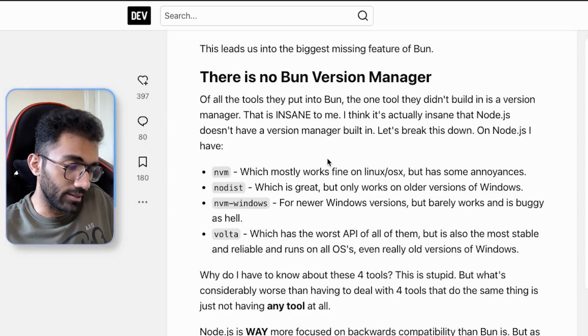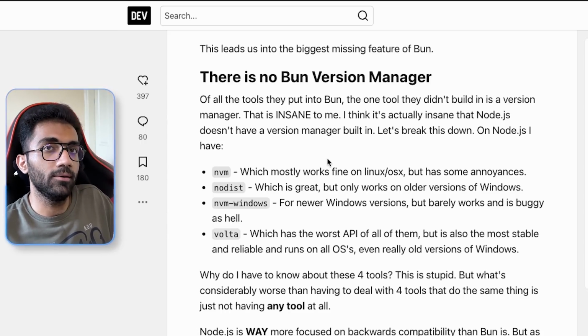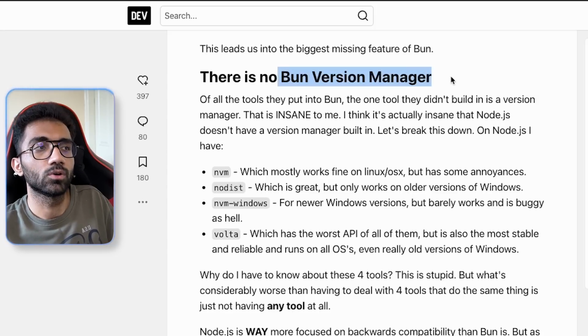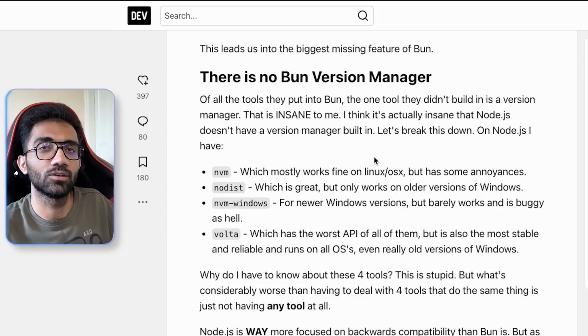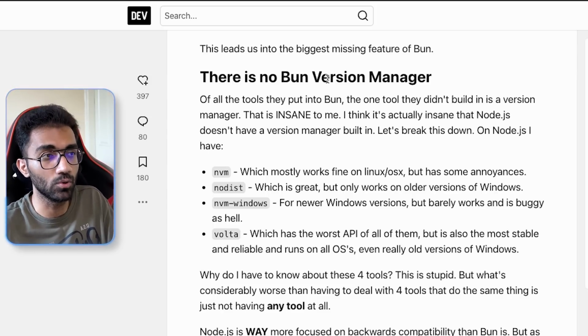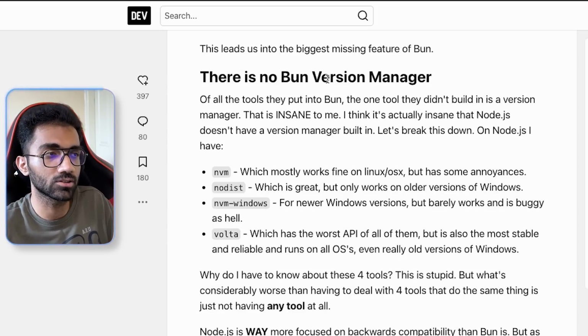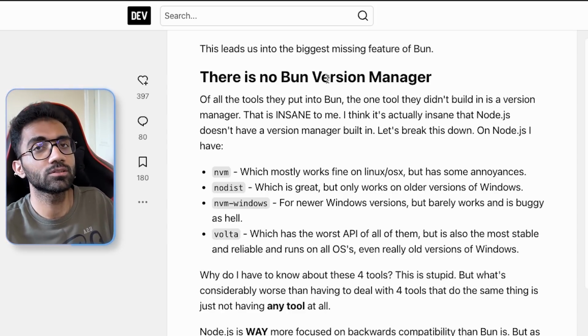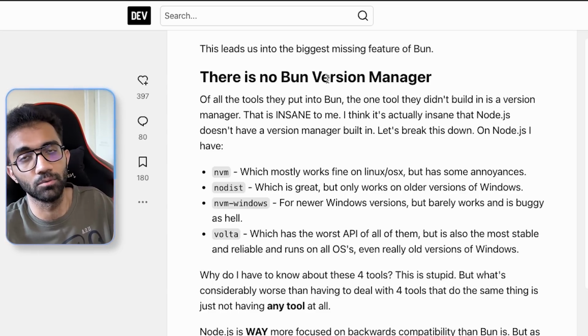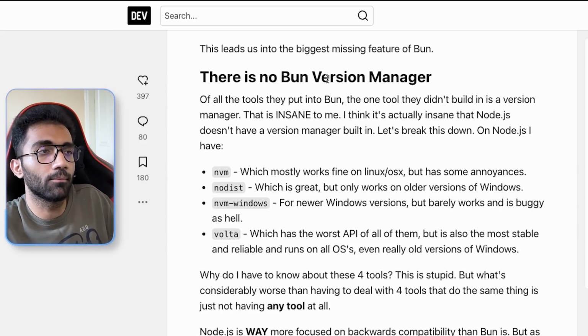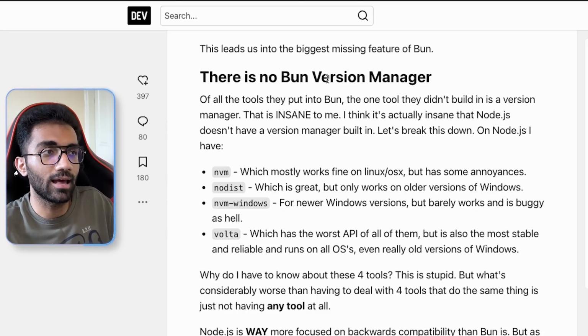But at the same time, I feel that Bun is so early that they don't probably need a Bun version manager. I mean, this itself then contradicts with the fact that they have released a version 1 which they say is production ready. So his point also holds that if you are production ready, then just give it a version manager. But at the same time, I say that no, because it's not that production ready that you can just swap any program in Node with Bun. That's why maybe their better focus right now is on fixing the existing broken things than having a version manager which just locks Bun in a particular place.